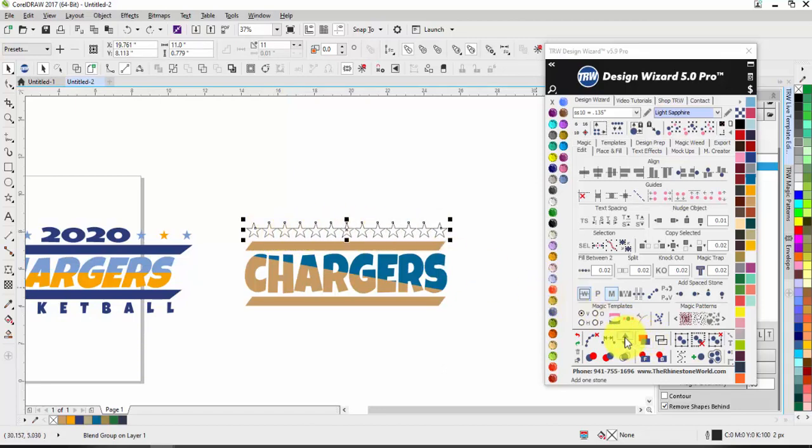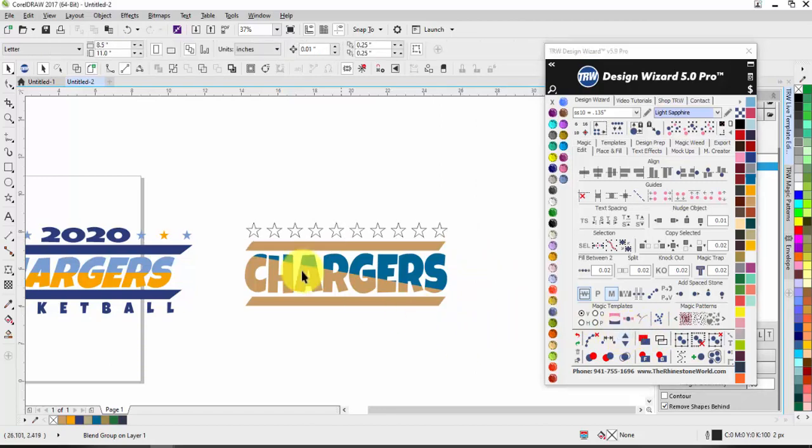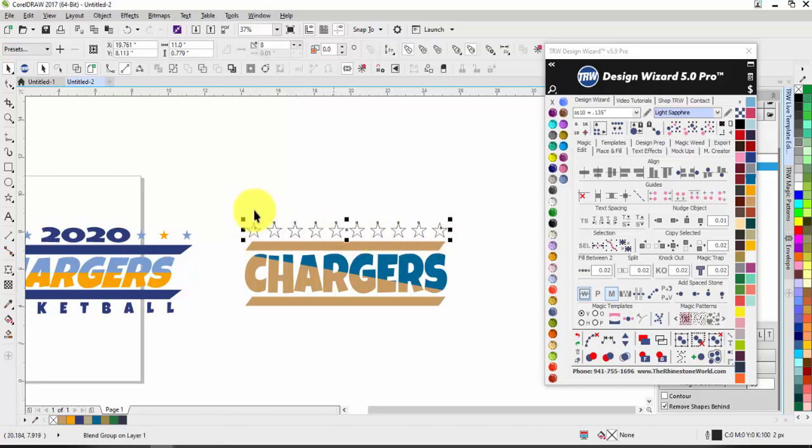And that's when we can go down to this up and down arrow key here. And if I hit down, it's going to take one star out of that path. But what's cool is that it keeps the same distance between all the stars now. So once we're happy with the amount of stars that are in there, that's when we can